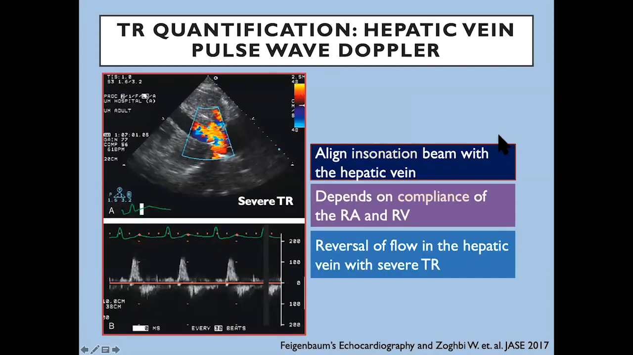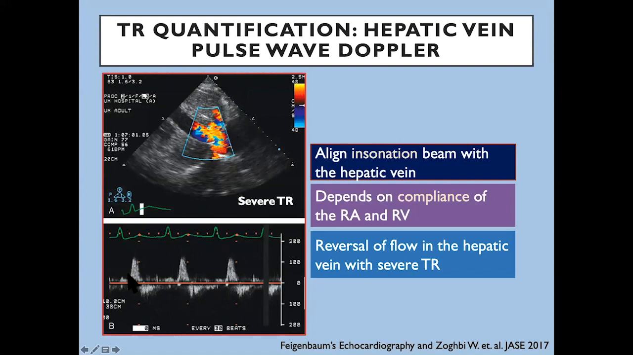Pulsed wave Doppler examination of the hepatic veins also helps corroborate the assessment of tricuspid regurgitation severity. And here, the insonation beam should be aligned with the hepatic vein, as you can see here. With severe tricuspid regurgitation, there is systolic flow reversal that occurs. And this, you can see, systolic flow reversal is flow reversal towards the probe through the hepatic vein because of